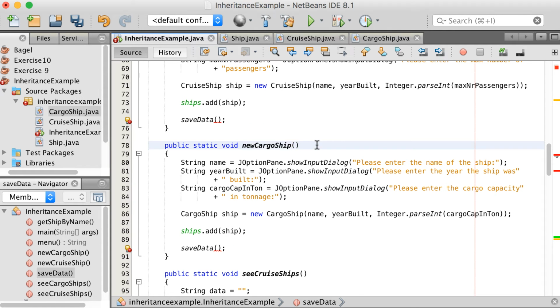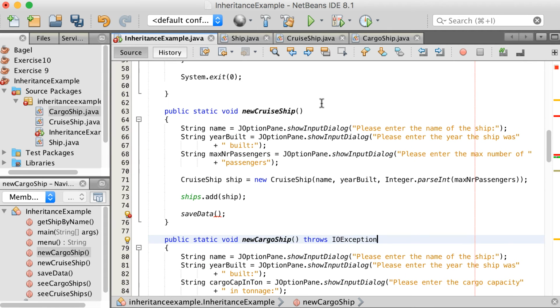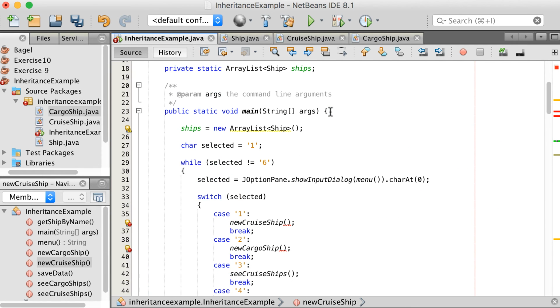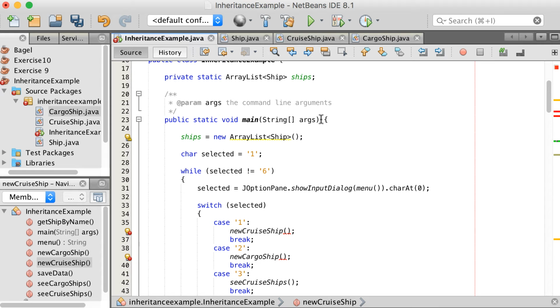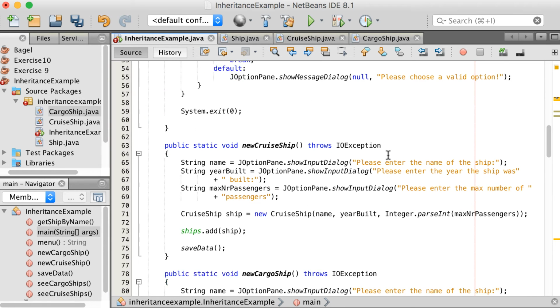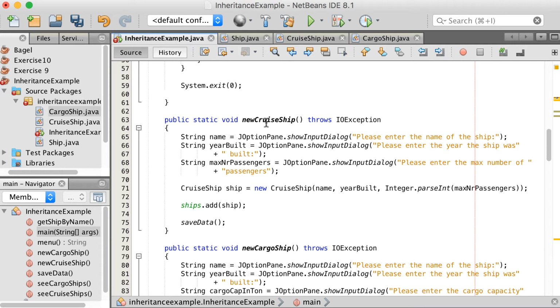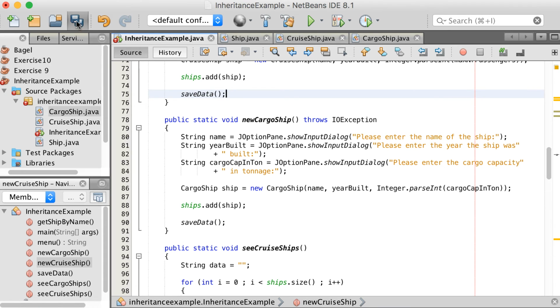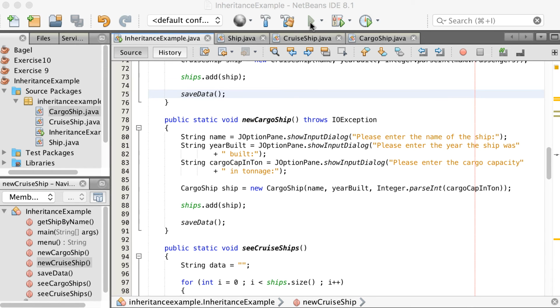So there I need to have throws IOException. I need to have throws IOException there as well. And ultimately, I will also need to have it in my main method, so let's just add it there as well. We're going to get to that later on. Okay, so this is basically then saving the data to a file. So if I can save now, and if I run this now,